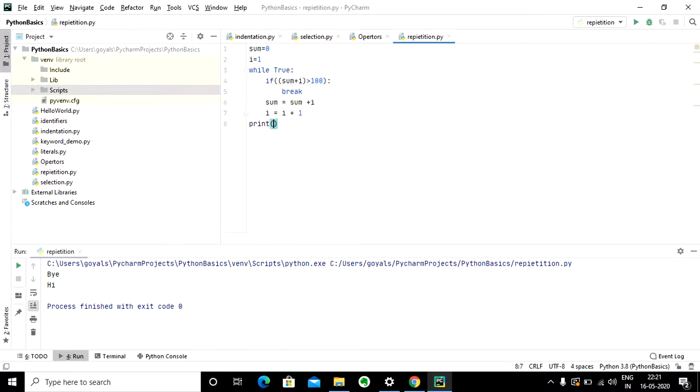So what I am doing is printing the value of sum. Let's see how it is going to work. Initially sum will be set to 0, i will be set to 1, and then there is an infinite loop,